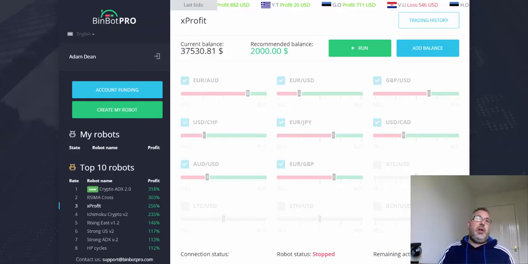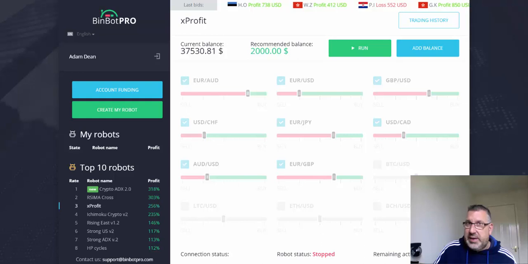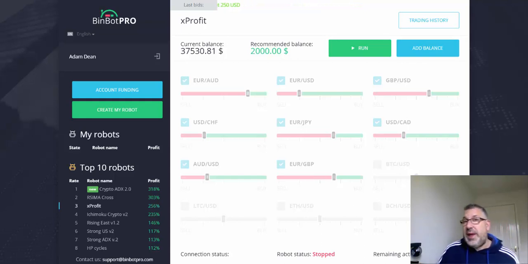The other thing I get asked a lot is what times I trade. I trade between 9 and 5 normally, but again, checking the economic calendar. I don't trade any specific time, but it's normally between 9 and 5, and I work it around the economic calendar. I tend not to trade at the weekends, although I have used BinBot Pro in the past,